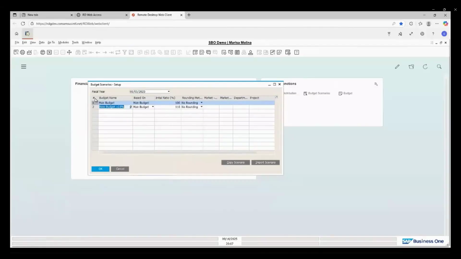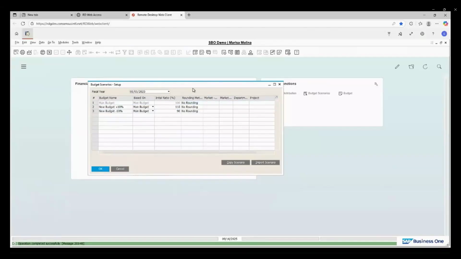So place the cursor over the hashtag, over the pound sign, right click, and then add row. So here you can create a new one saying, okay, minus 10%, let's say. And it's based on the main one, and the ratio could be just, I'm gonna say 90%, and update, okay?